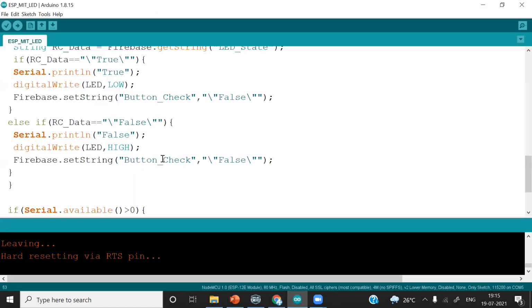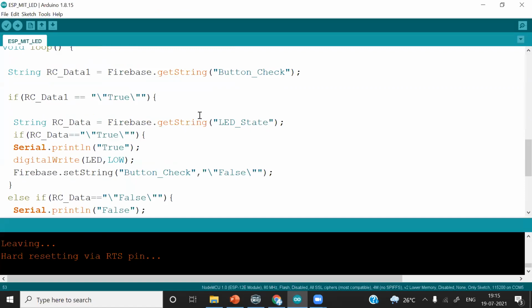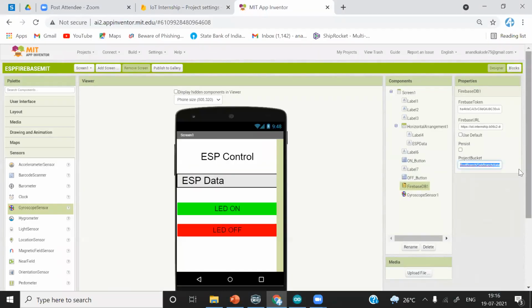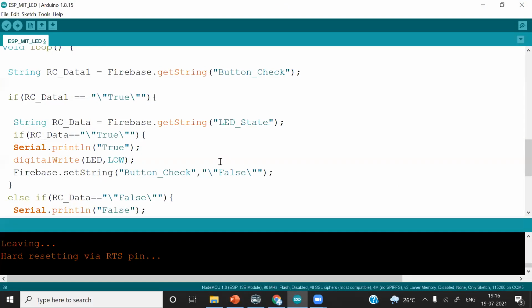We are directly checking the button check and the LED state. So we have to give the forward slash before LED, and we have to write the same repository here also. You have to copy this one, Control C, and put it here, Control V. So we are giving the address. That is the reason. You can do it with this bucket or not, it doesn't matter. You can add anything in the bucket, but you have to make sure that you are doing the same thing in the Arduino code to read that data in front of this object.